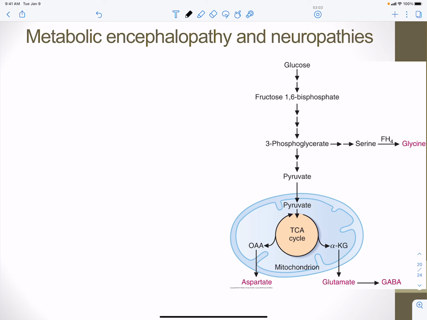So basically the mechanism is where you have glutamate excitotoxicity,